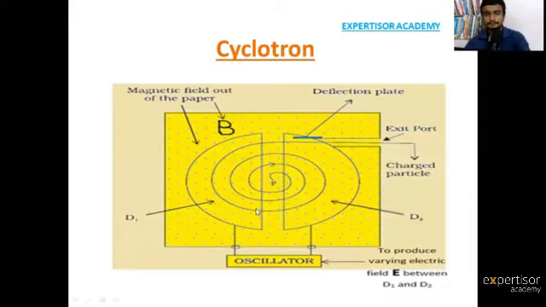So what is the use and limitations? So what is the use of the cyclotron? When you take any particle, this cyclotron converts that particle's energy,